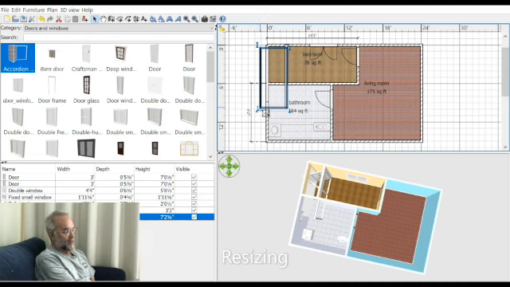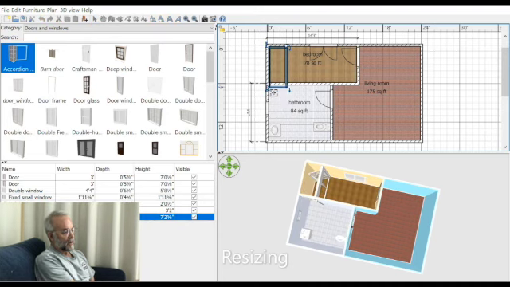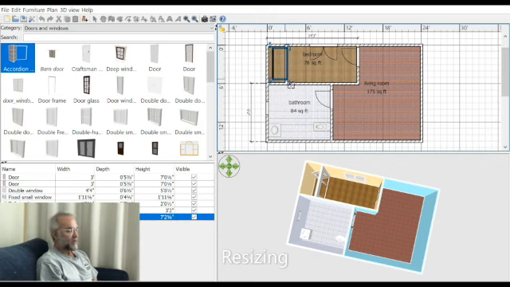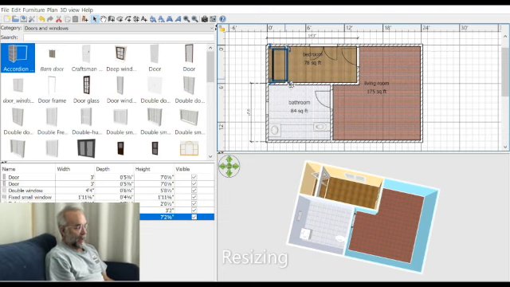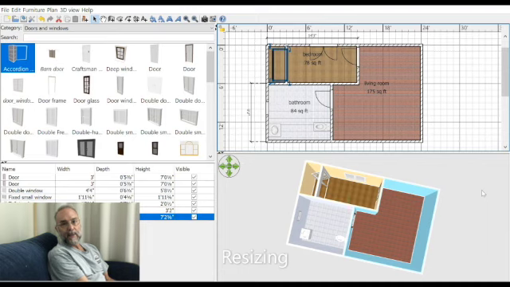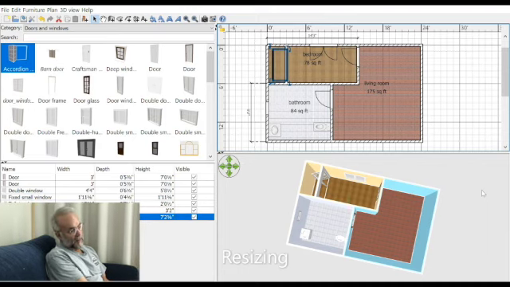So just like that, make it shorter, make it shallower, make it fit the exact closet that you have in mind there, and then let the mouse go and it'll be a door in your new closet wall. Now the problem, if you look in the 3D view though, the door opens kind of against your clothing and all,